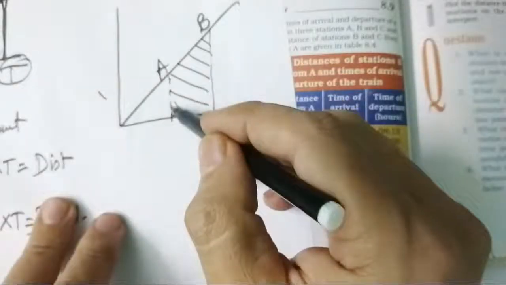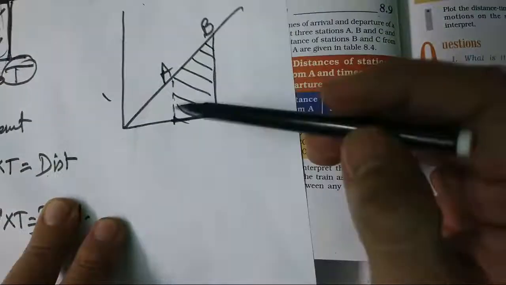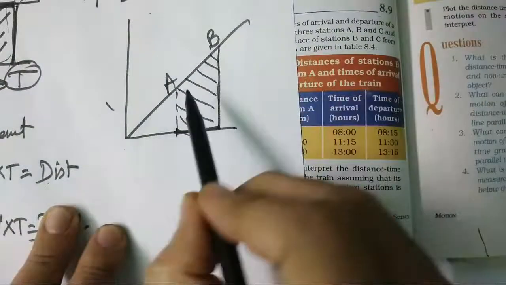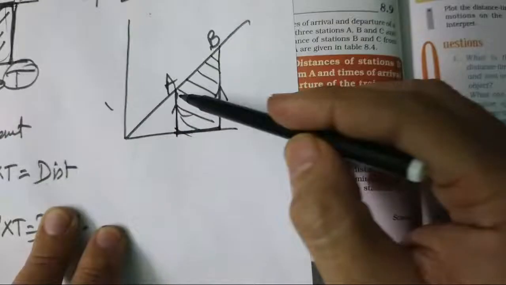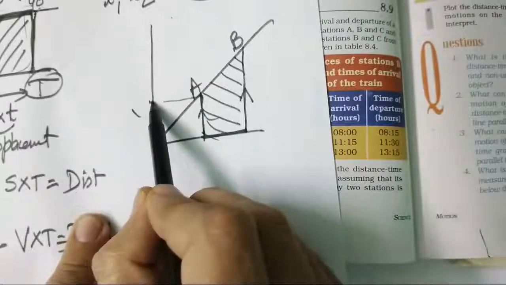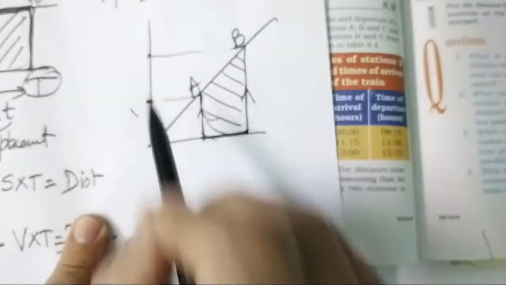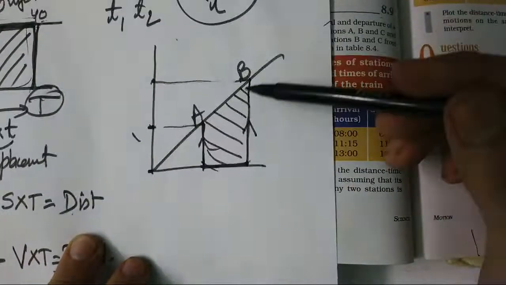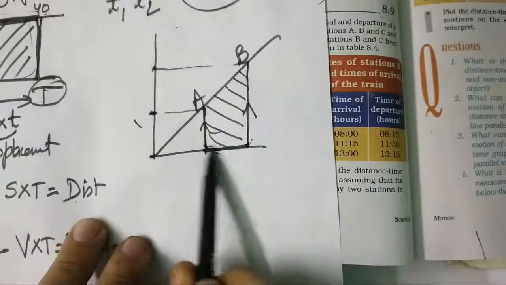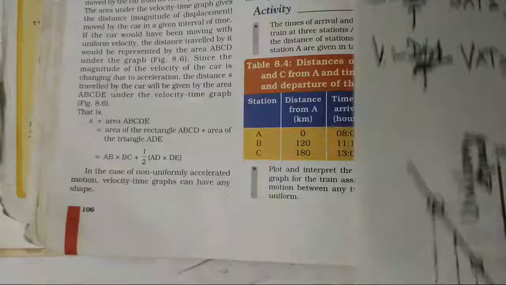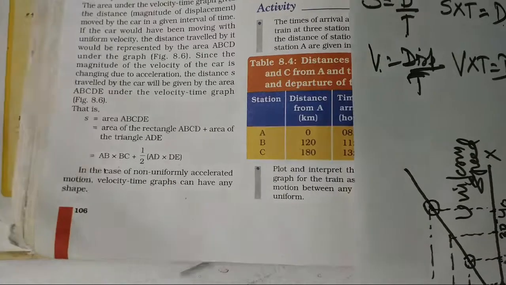It is like a, what is this shape? It is like a trapezium. So this becomes a parallel side, this becomes a parallel side. You can measure the length of this from 0 to this point and from 0 to this point. So you will need this distance, this distance and this gap. In the book they have given: add the two and multiply. So it will give you the area of the